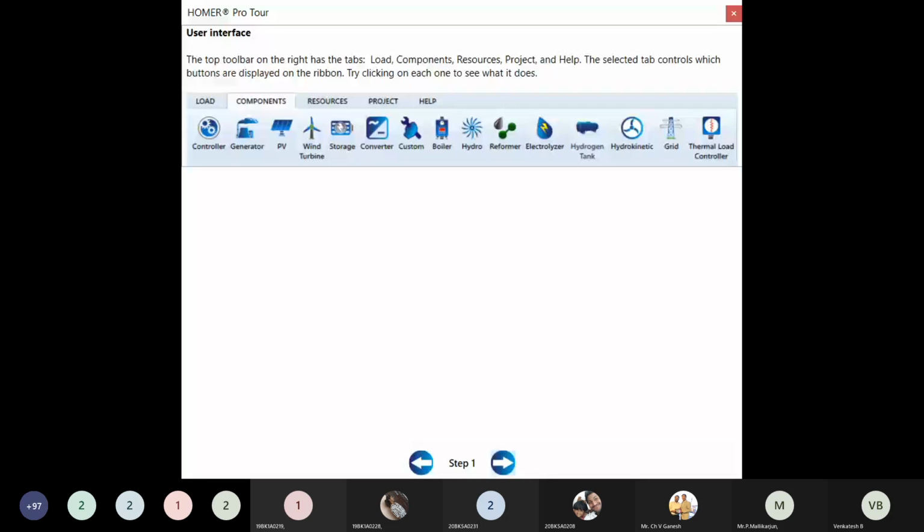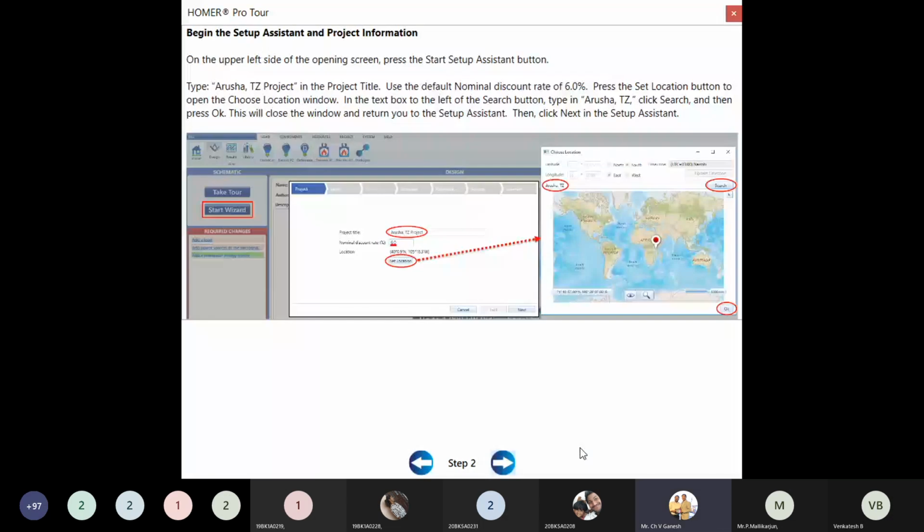Okay, we have components. Already we discussed this. Next, step 2. Okay, this is what I discussed just now. We have an option to give location.